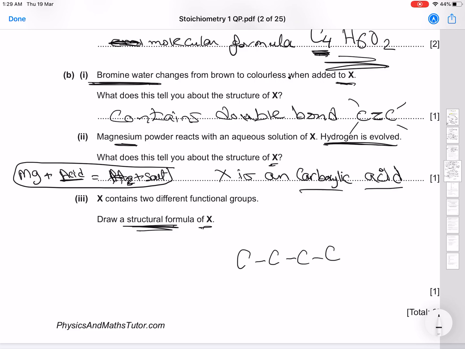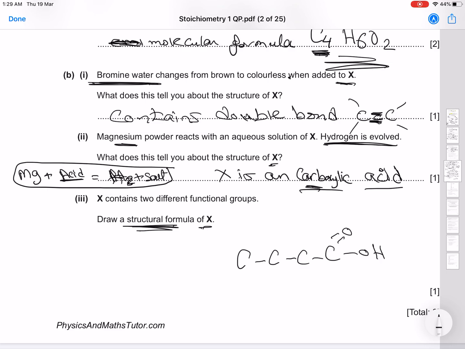Then for sure it has a carboxylic acid functional group, which is C double bond O, OH. This for sure I have. And if you look here, it has 2 oxygens. So this really matches with the formula I'm deducing. And then I just need to fill the hydrogens out. But keep in mind that this structure X also has a double bond. That's why it decolorizes the bromine water. Where should I put my double bond? I would put it,